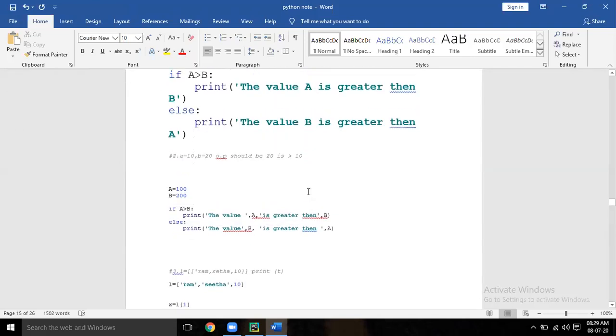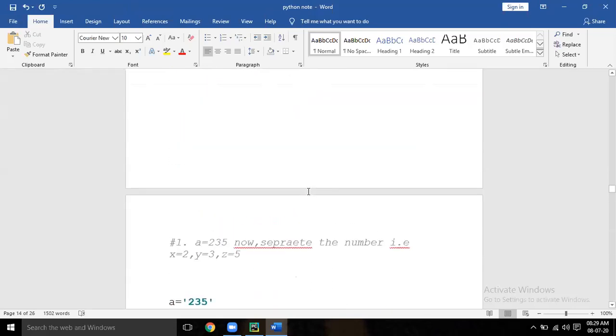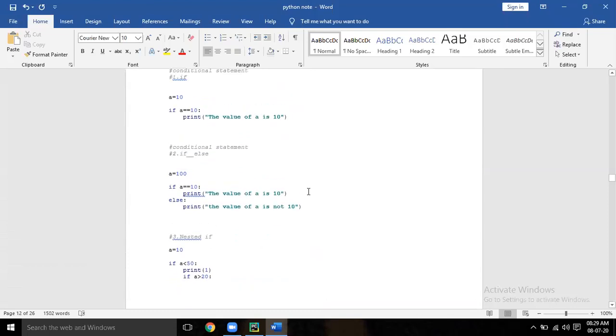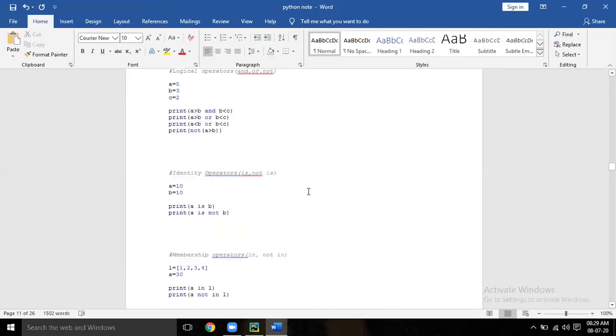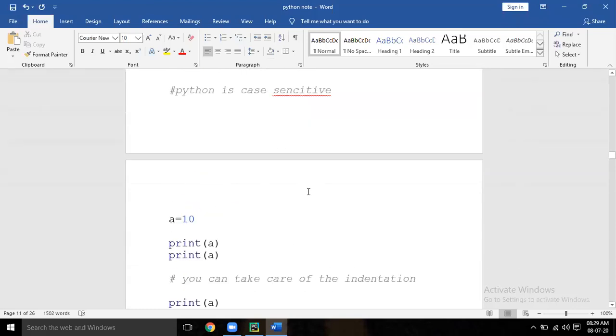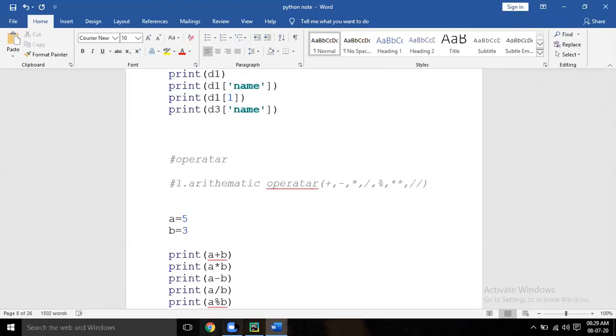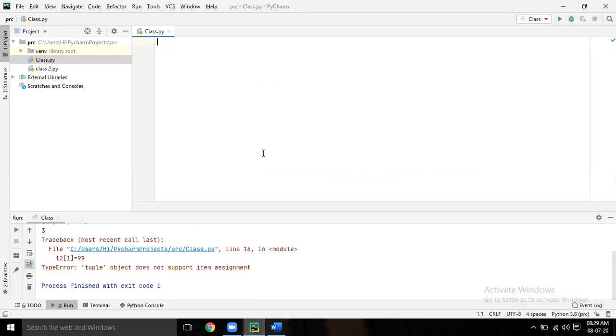Built-in functions in dictionary, write the next topic. Create a dictionary. D equal to